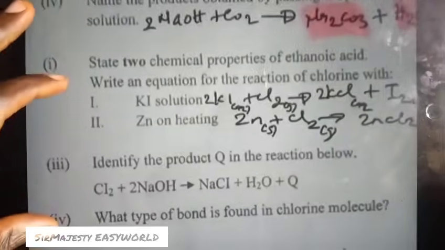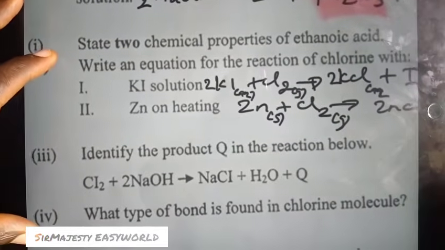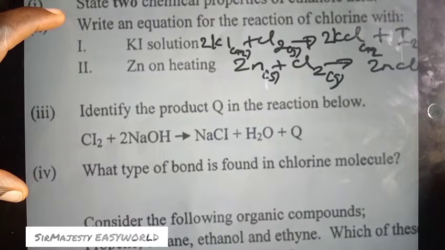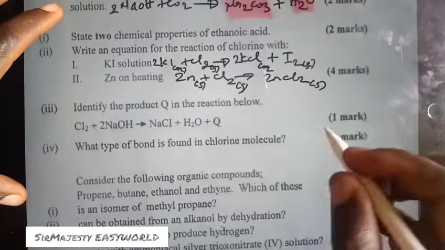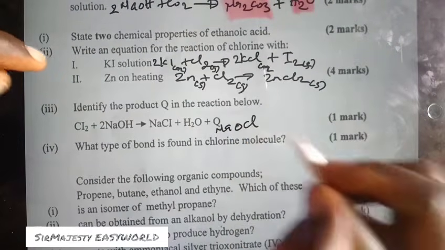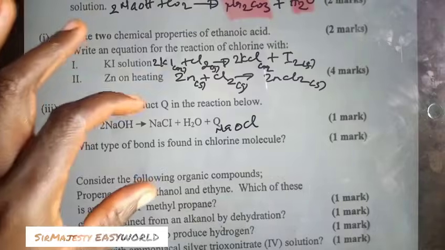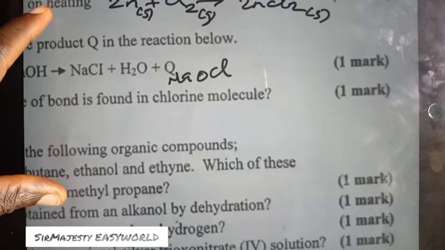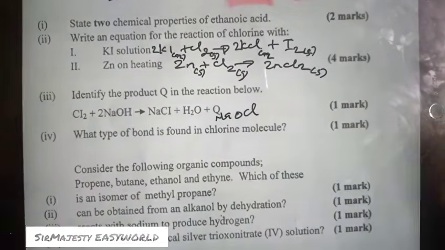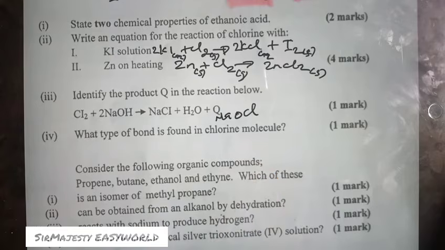Then identify the product Q in the reaction below. Chlorine plus sodium hydroxide to give you sodium chloride plus water. Since they have written 2 here, it means that Q must have only 1 sodium and oxygen remains 1. That is sodium oxochlorate I, otherwise known as sodium hypochlorite. The sodium oxochlorate I or sodium hypochlorite is the active ingredient in your domestic bleach. So Q is sodium oxochlorate I,